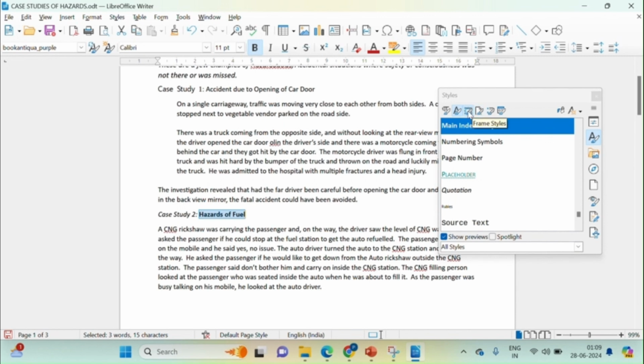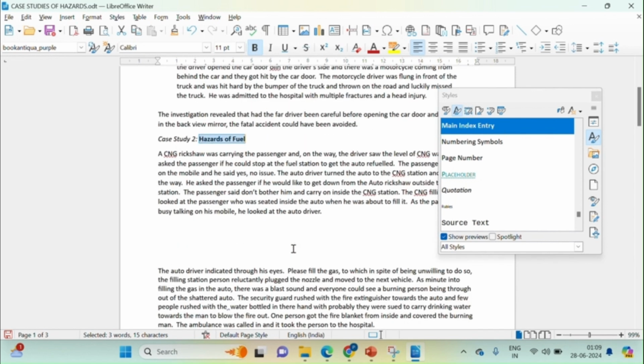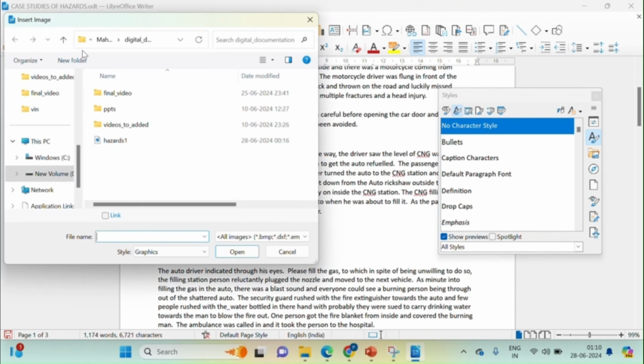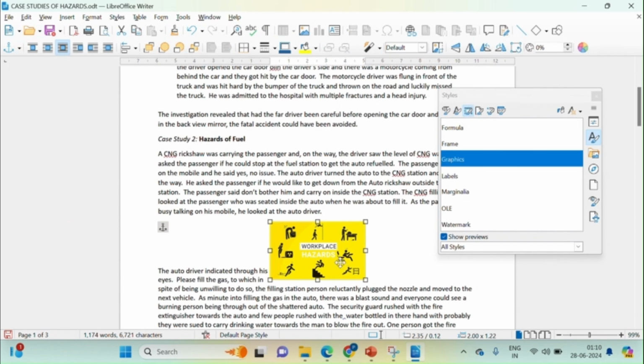Now next in succession is the frame style. Now why frame style is used? Frame style is used for dividing the entire document into different sections. So how will we be going about it? Usually frame style is applicable when we are working with text as well as the images. So to implement frame styles, we will be inserting an image. Suppose I have to insert the image here. I'll be placing the cursor and then shall be clicking on insert, then image. This is the image I'm having, and I shall be inserting it in the document at the appropriate place. So this image has been inserted.